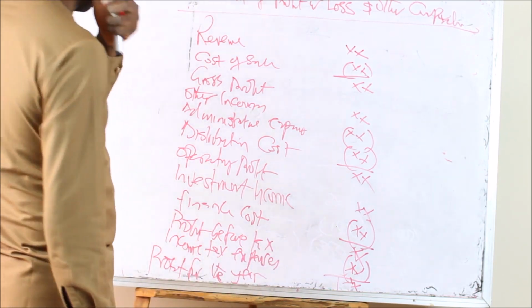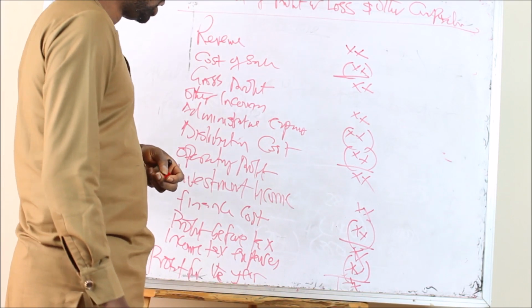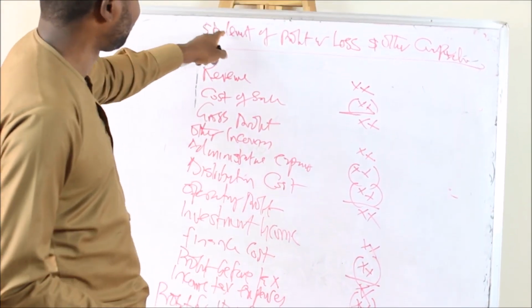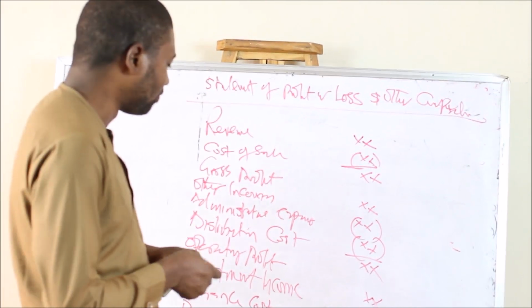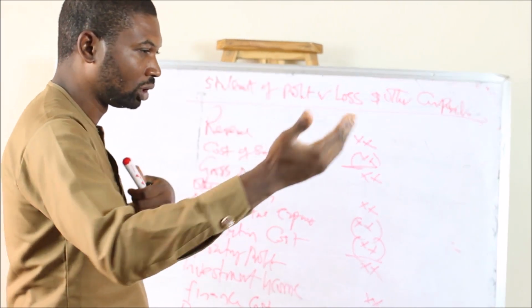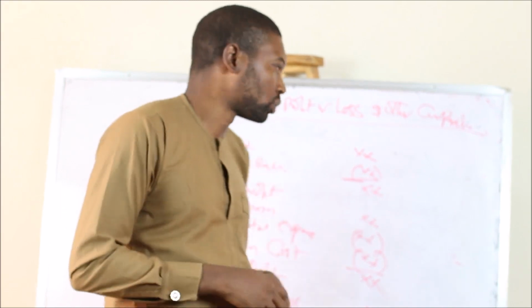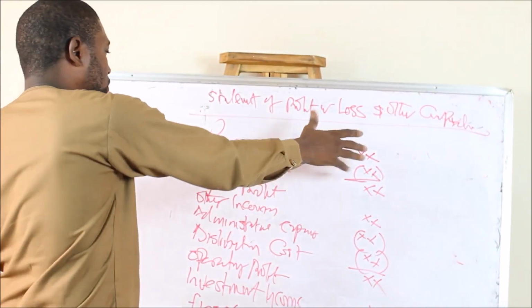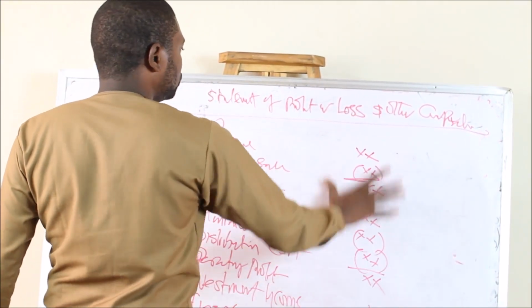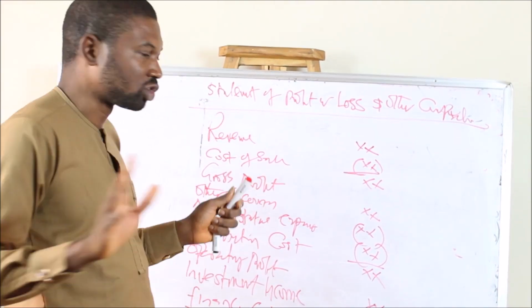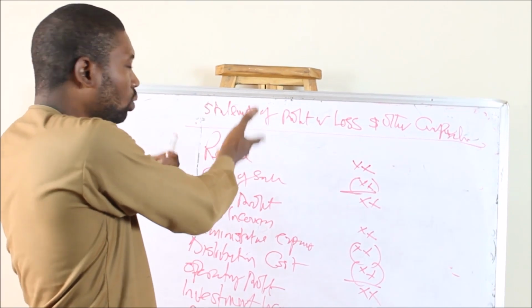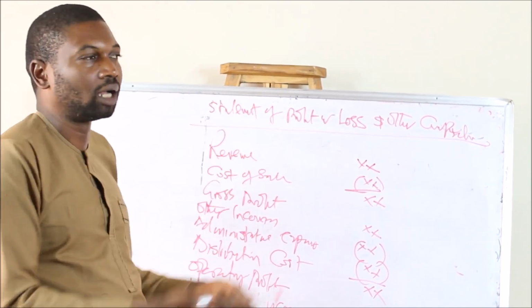If you still want to go further and determine the other comprehensive income, remember, it's profit or loss and other comprehensive income. The other comprehensive income comprises maybe a gain or loss on the valuation of assets and all that. But these are the major ones. So this is basically how to prepare a normal single entity's profit or loss account. This is what makes up the profit or loss account of an entity.